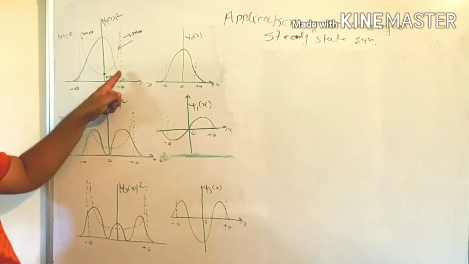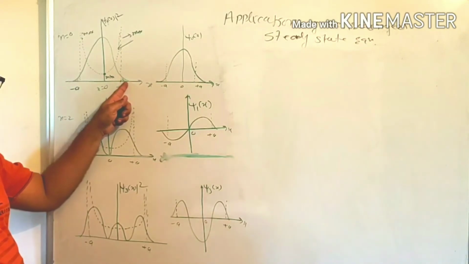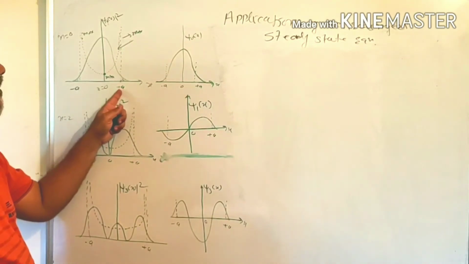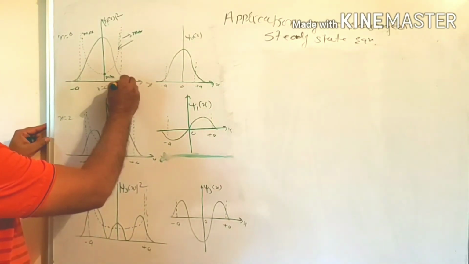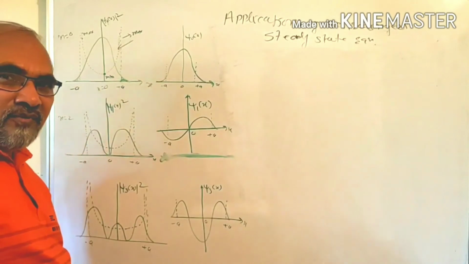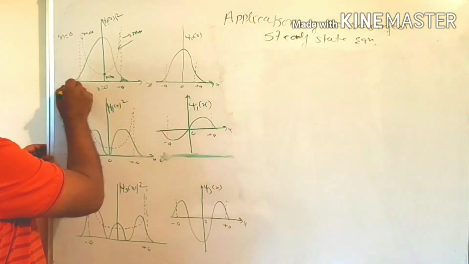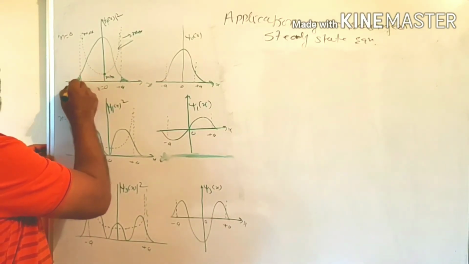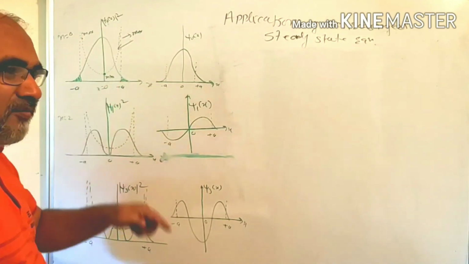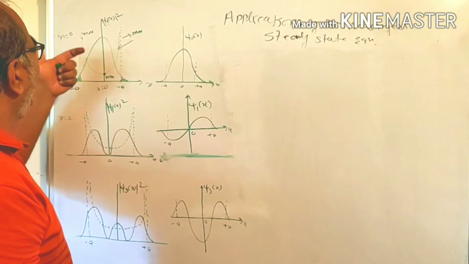But in the quantum mechanical probability, there is a small probability of finding the particle outside the classical region. Behind this plus a, there is a small portion. This is classically forbidden, but quantum mechanically there is a probability of finding the particle outside the classical region, from plus a and also from the minus a region. This is the difference between classical and quantum mechanics, and this phenomenon is called the tunneling effect. So this is n equal to 0.